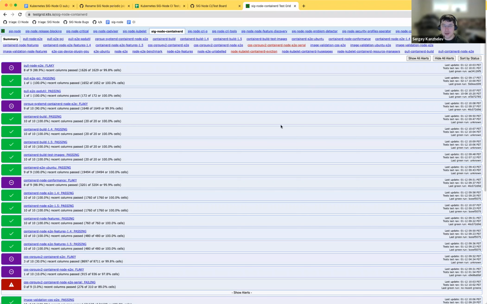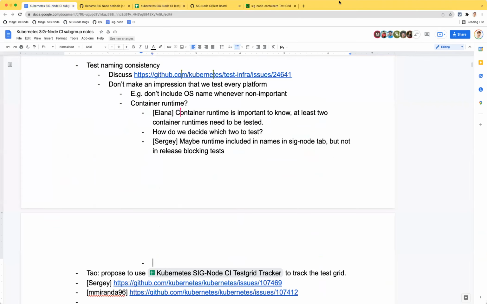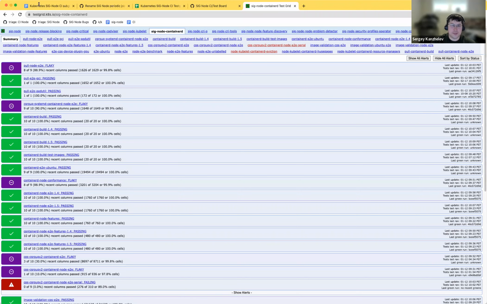Would this be something that we need to do in test names? Because there is an inconsistency in how it's called, like we call it node features and not e2e features.